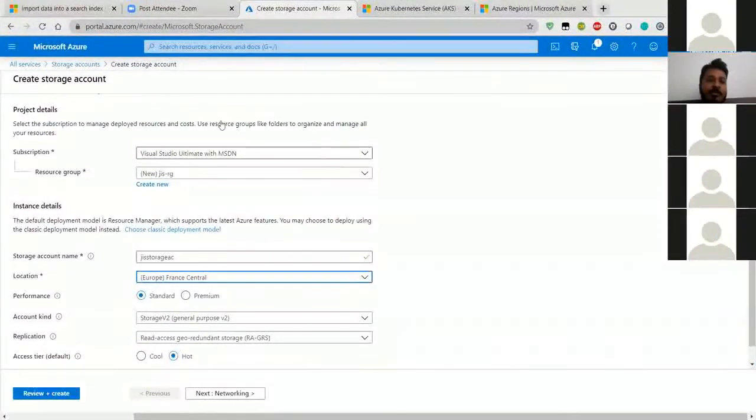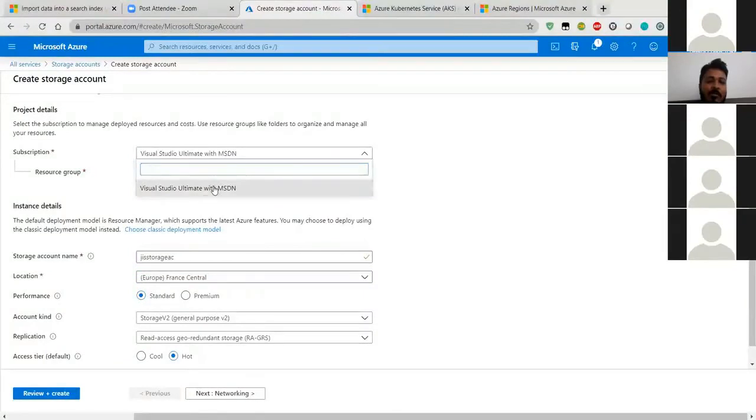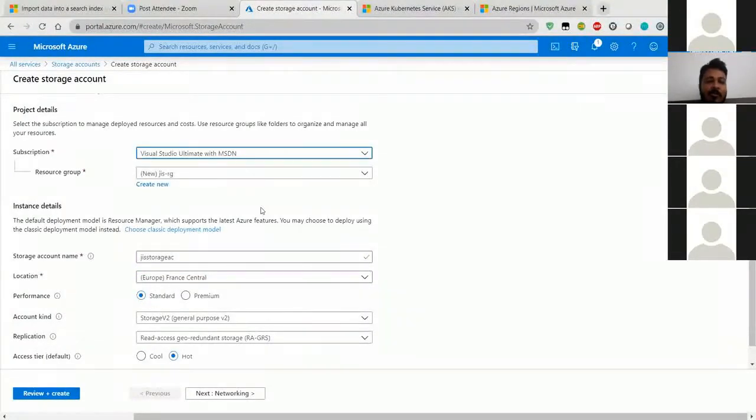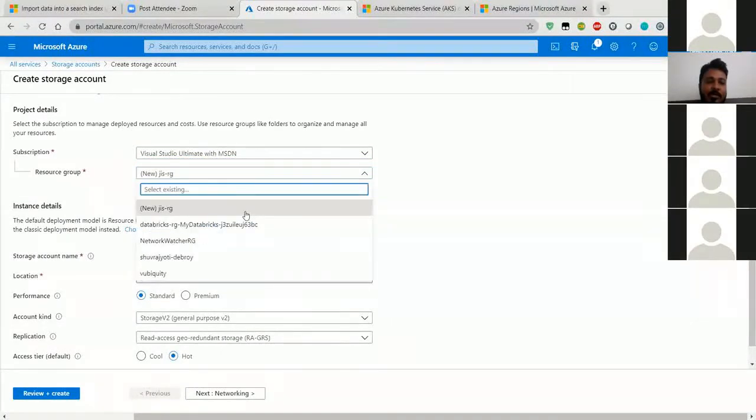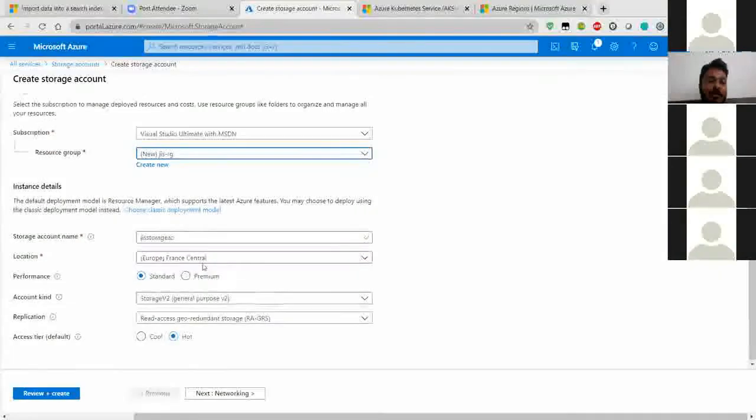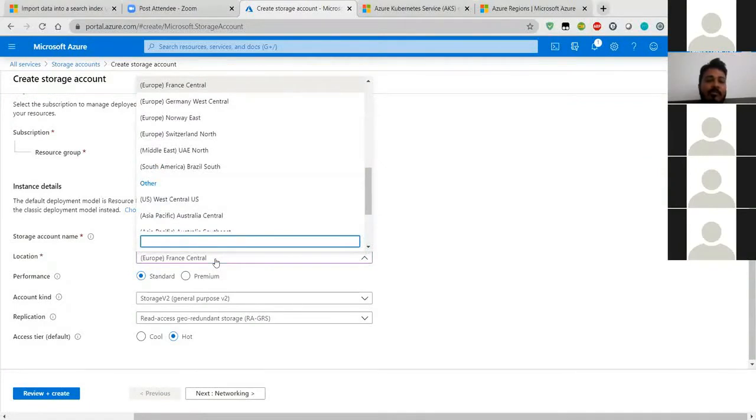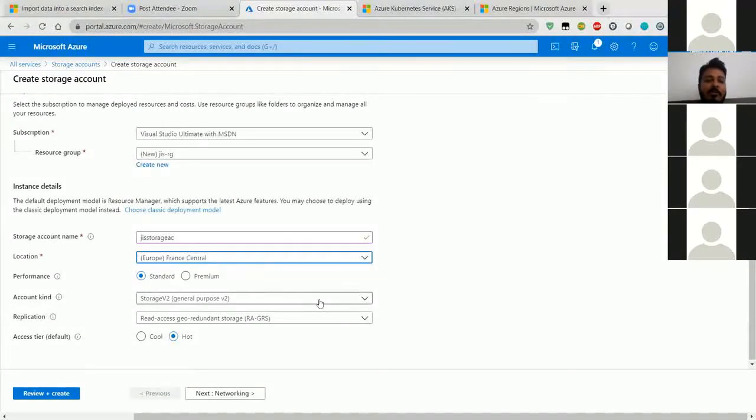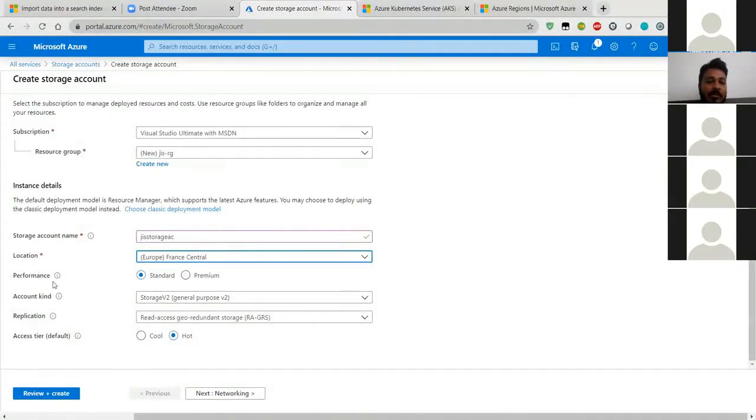So this is the subscription which we need to select as per the subscription in which we are subscribed, and then the resource group. Just now I have created this new resource group, JSRG, where I will place all the resources. And this is the storage account name which I have written here. And then I have to select the location, like in which region we want to provision that resource. Suppose France Central,